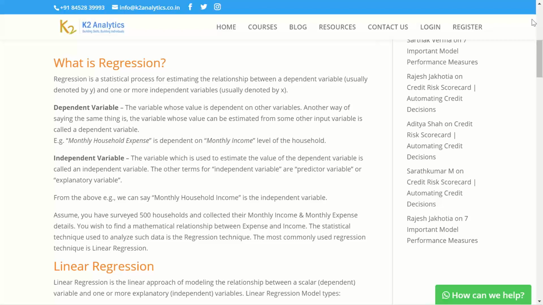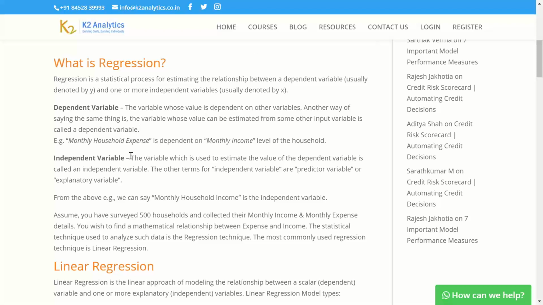But we are not talking of outliers. When we are talking about all of these things, we are always talking about what is a normal scenario. In a normal scenario, the family has to lead a lifestyle where they are able to manage the expenses within that 10,000. On the other hand, if a family earns 100,000, that is 1 lakh, they can live more lavishly and their expense will definitely be on the higher side as compared to the family which is only earning 10,000. So we can say monthly household expense is dependent on the income level of the household.